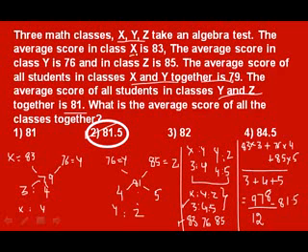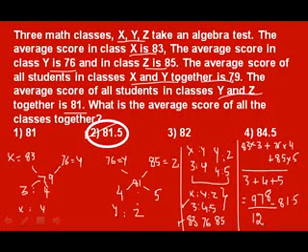The average score of X was 83, the average score of Y was 76, and of Z was 85. X and Y together was 79, Y and Z together was 81. So what I did is I wrote the individuals and I wrote the corresponding together, the average of both of them. So this is the average of X, this is the average of Y, this is the average of both X and Y. Using the alligation method,